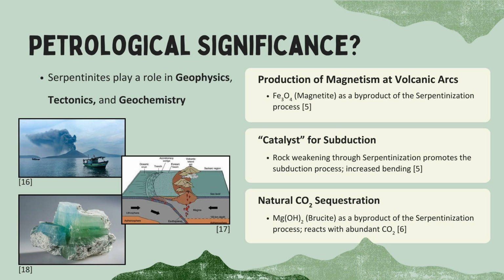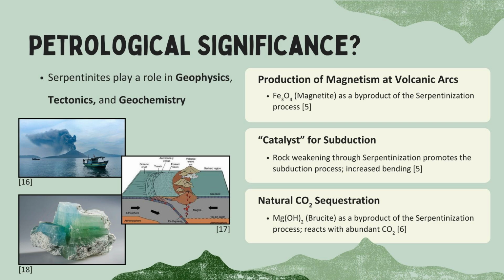Magnetite is a magnetic mineral that results from the iron 3+ substitution of iron 2+ in the serpentinization reaction, as mentioned previously. Magnetite is present in some serpentinites, and due to its eventual attempted subduction and serpentinite's low density, it ends up existing in volcanic arcs. Regarding tectonics, serpentinites are essentially a catalyst for subduction. Due to weakening and fracturing because of serpentinization, the subducting serpentinite is more flexible, and this increased bending allows for